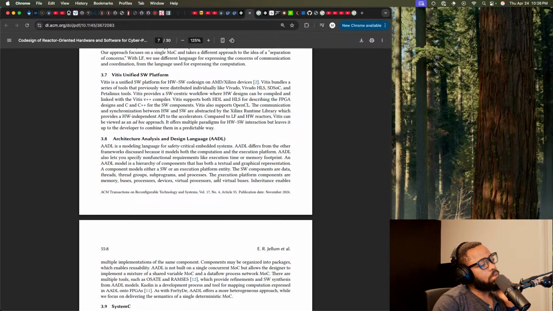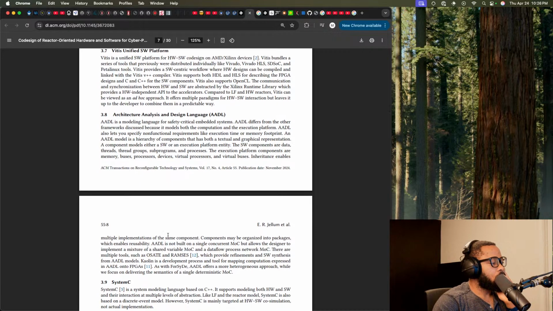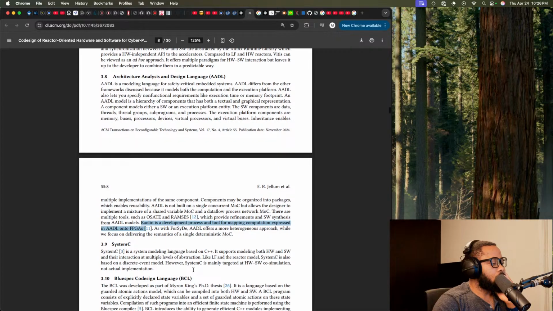Separate groups of programming processes. Virtual processes. So a single deterministic MoC.